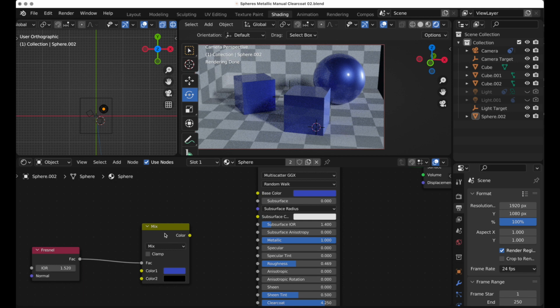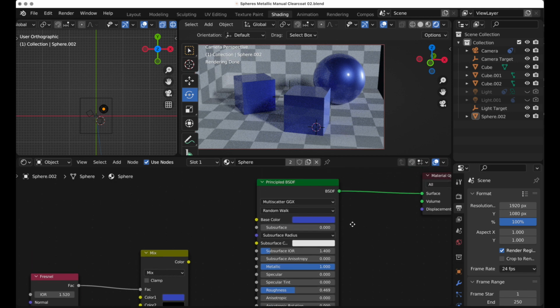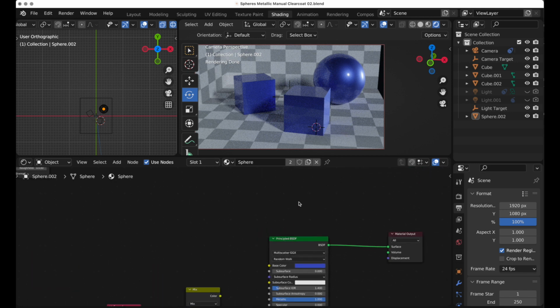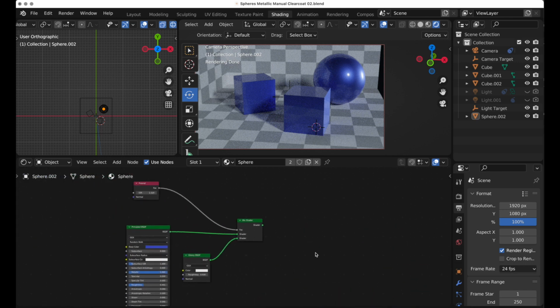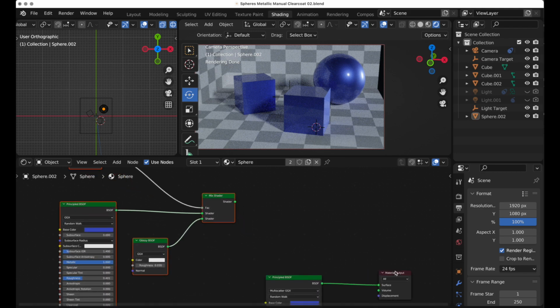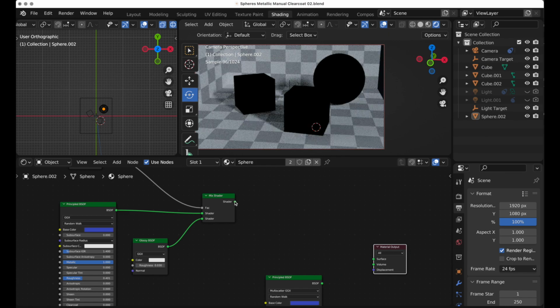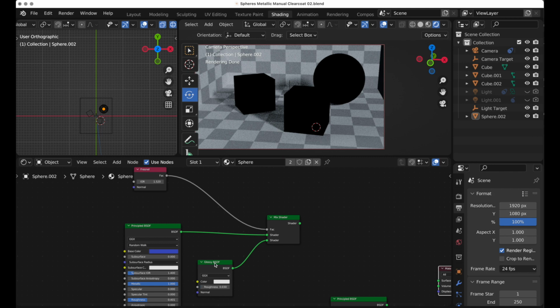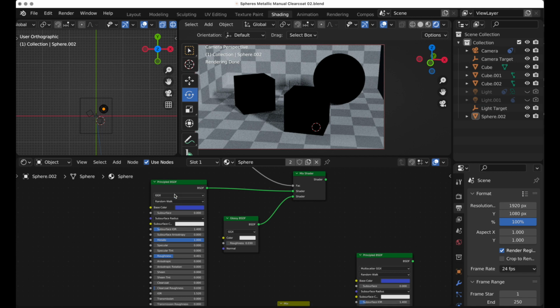So that's one way. But there's actually even a little bit better way that you can be used for car paints. And I happen to have a node set up already over here, and I'm going to pull this over and we're going to examine this here pretty quickly. So I'm going to uncouple this and I'm going to come over, and the first thing that we're going to do is we're just going to look at this. We have a glossy BSDF, and then we simply have a duplicate of the principled shader that we were just